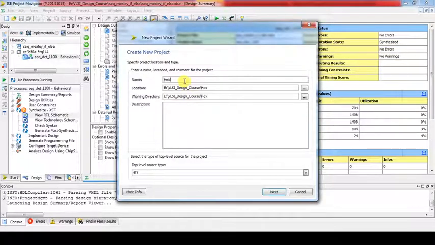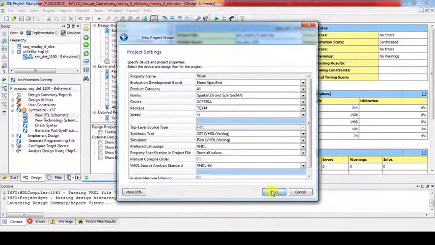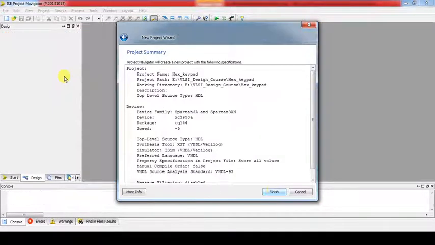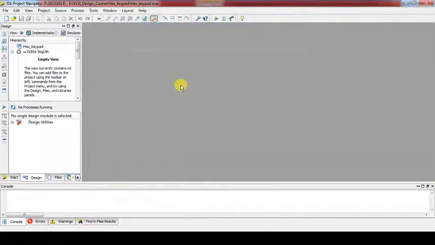I'm creating a new project named hex keypad. Next, finish. Here every time I'm using the same Xilinx FPGA family, XE3S50A, that is available on our board. For better understanding, I recommend you go back and watch our video, the introduction to the FPGA development board.